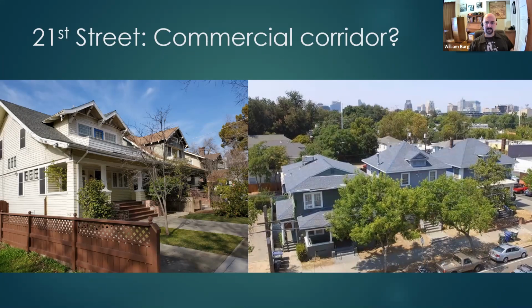And some of you may recognize the buildings on the right. These are the 3 houses on the peak of Poverty Ridge between P and Q Street, kitty corner from the B. Full disclosure, I used to live in the middle house, and the owner of the building wanted to demolish them to build an apartment building, and we applied to have them listed in the Sacramento Register and changed the plan. So instead of demolition, these 3 houses are currently entitled to be converted to fourplexes. So they're still going to be the same houses on the outside, but they'll have 4 apartments each. And because these houses, when they were most recently occupied, had like 6 to 8 to 10 people living in each one, it's going to be the same number of people, but they will legally be entitled to do that.